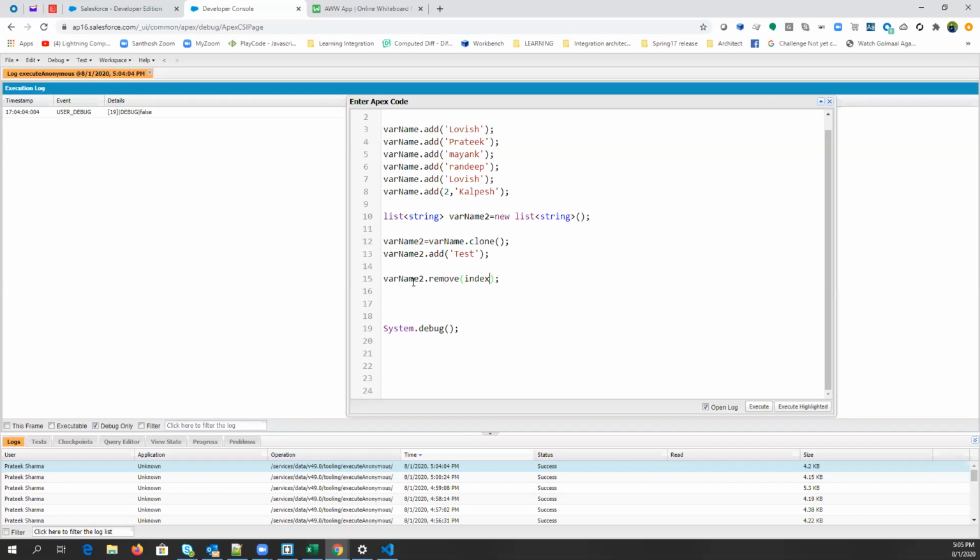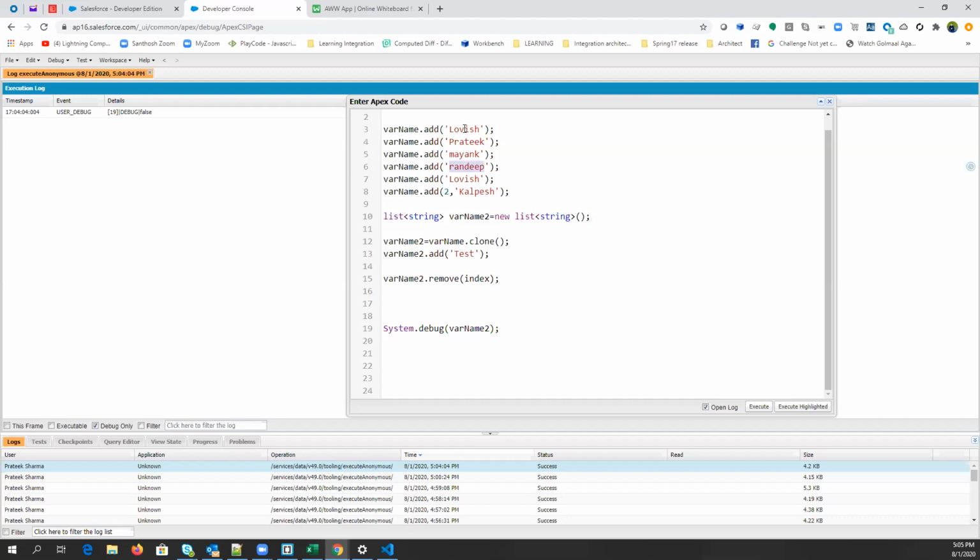Pretty much clear with the name, right? So if you want to remove any element from the list, you use remove. You just need to pass the index, and that particular element will be removed and the other elements will be shifted by one.